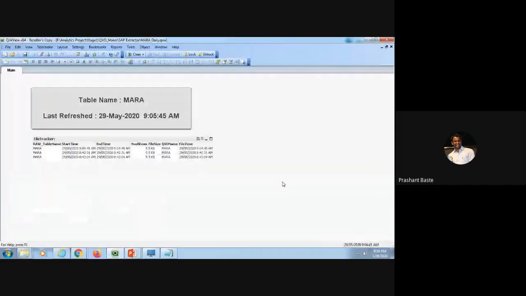And I can see which table is extracted and by when it has been extracted. So if I reload now in front of you, I can see that one record is added into the table, where I have all the updated information. To demo here, I have created an Excel file, and based on that Excel, this table has been displayed. So you cannot see the difference in number of rows or file size. But when you are working in real-time scenarios, after each and every reload, you will find the change in these values.